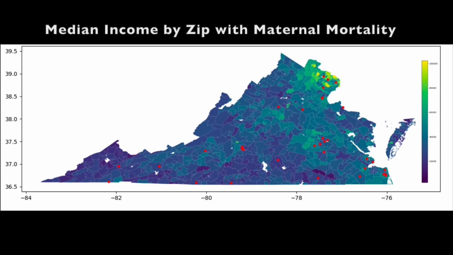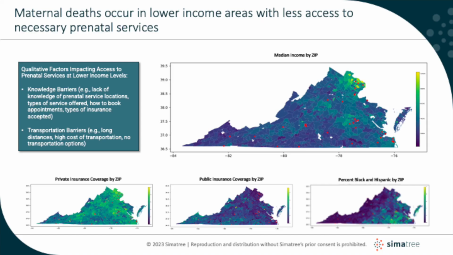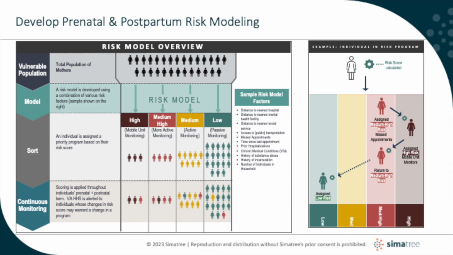We wanted to look at other factors that could potentially be involved. Some of them are knowledge barriers or transportation barriers, but as we went further along, we decided to build a risk model that really looked at individual data. As Kevin said, we have to get past the aggregate data to the individual level. That will allow us to build a person-centric risk assessment model that will allow us to assign a risk score to each individual.